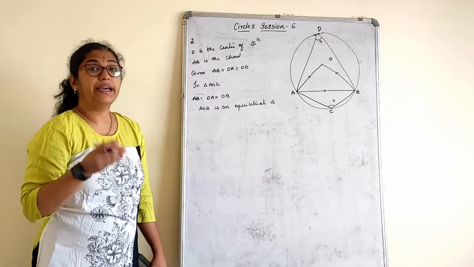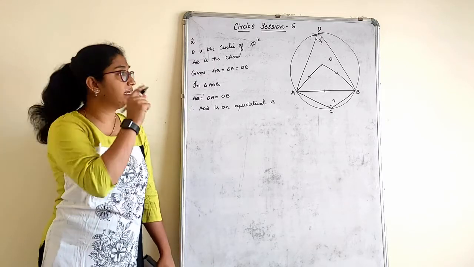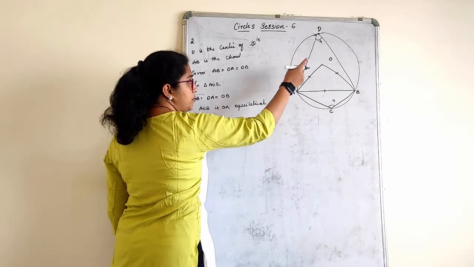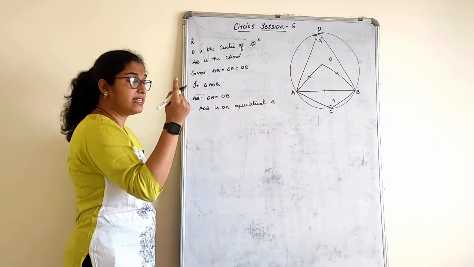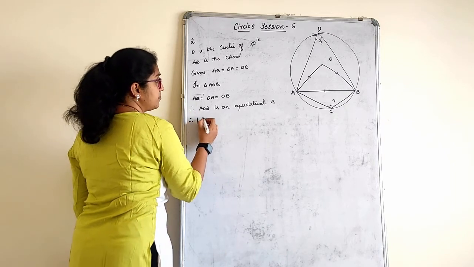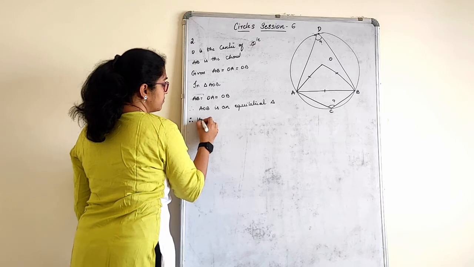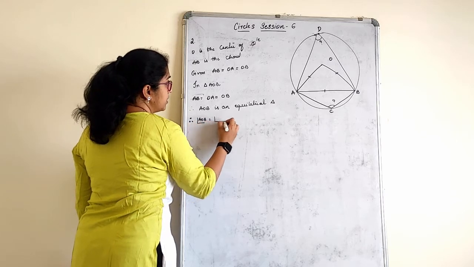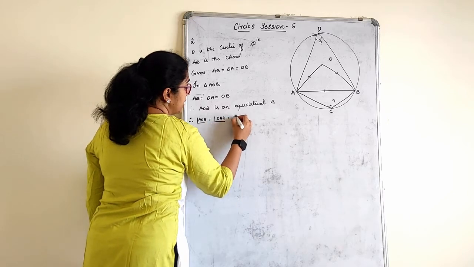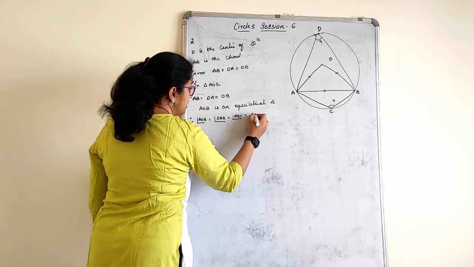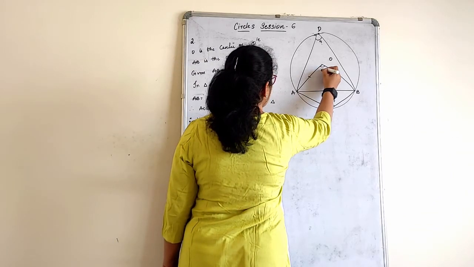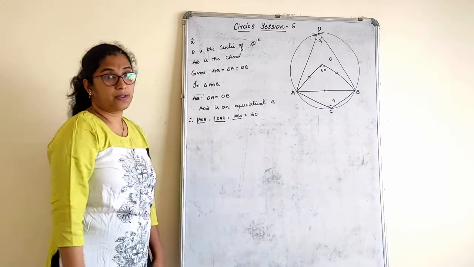Now see, since it is an equilateral triangle, we need not show that all angles are 60. We also know, in case you want, you can show that each angle is 60 degrees, right? We can consider angles opposite to equal sides are equal, x and x. Therefore, angle AOB is equal to angle OAB is equal to angle ABO is equal to 60 degrees. Mainly this is the angle I want, 60.